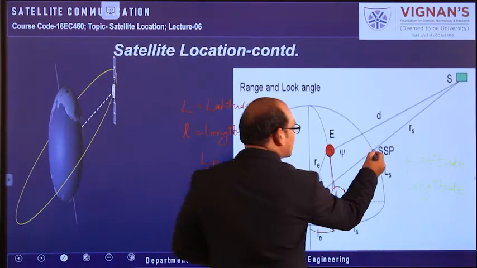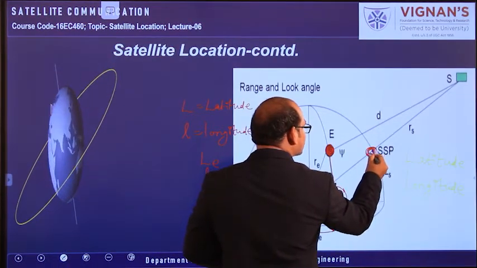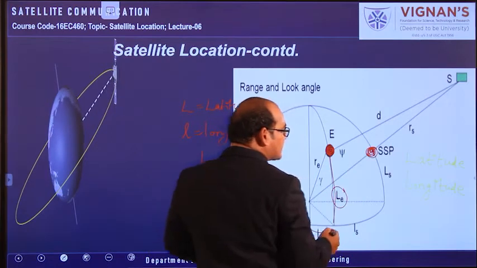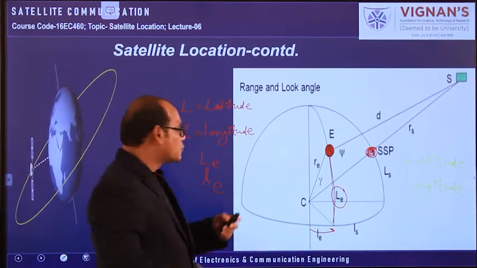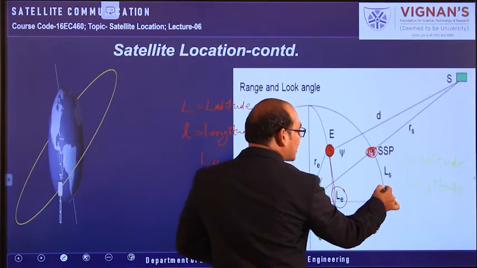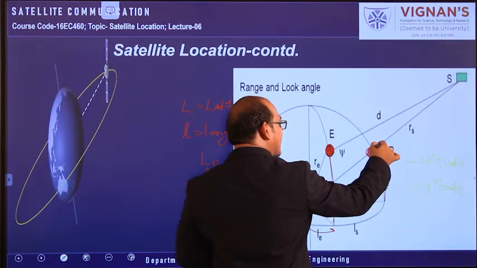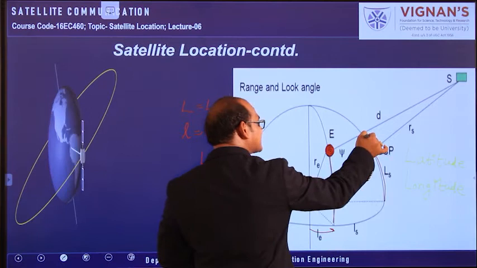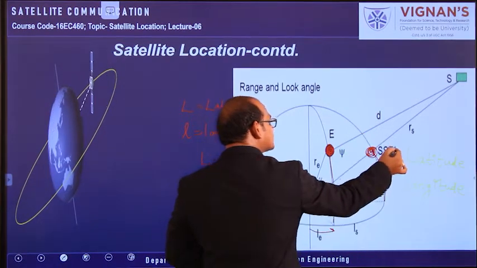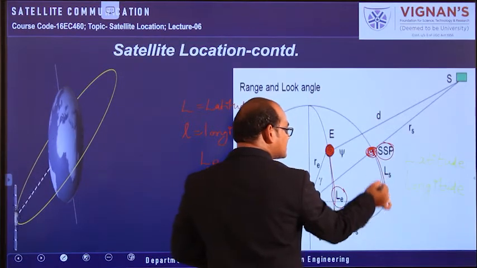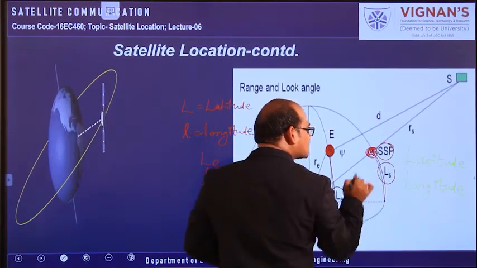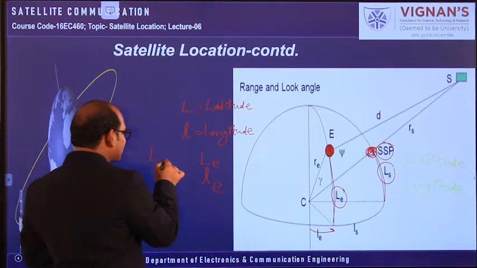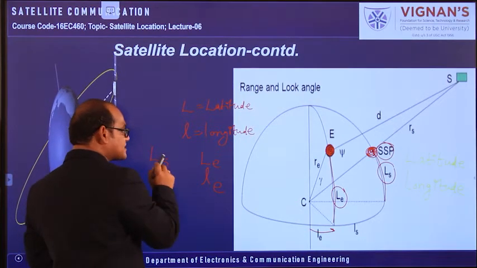Now we will take the sub-satellite point. This sub-satellite point also we have to represent with the latitude and longitude. So latitude is nothing but from the equator we have to move upside. So this is the equator. From the equator we have to move upside to get this sub-satellite point. So this much amount of distance we have to travel from the equator, towards the northern hemisphere or towards the upside to get this sub-satellite point. So how much angular distance we have to travel? Capital LS. Capital L is representing the latitude and suffix S is representing the sub-satellite point. So capital LS is representing the latitude of the sub-satellite point.